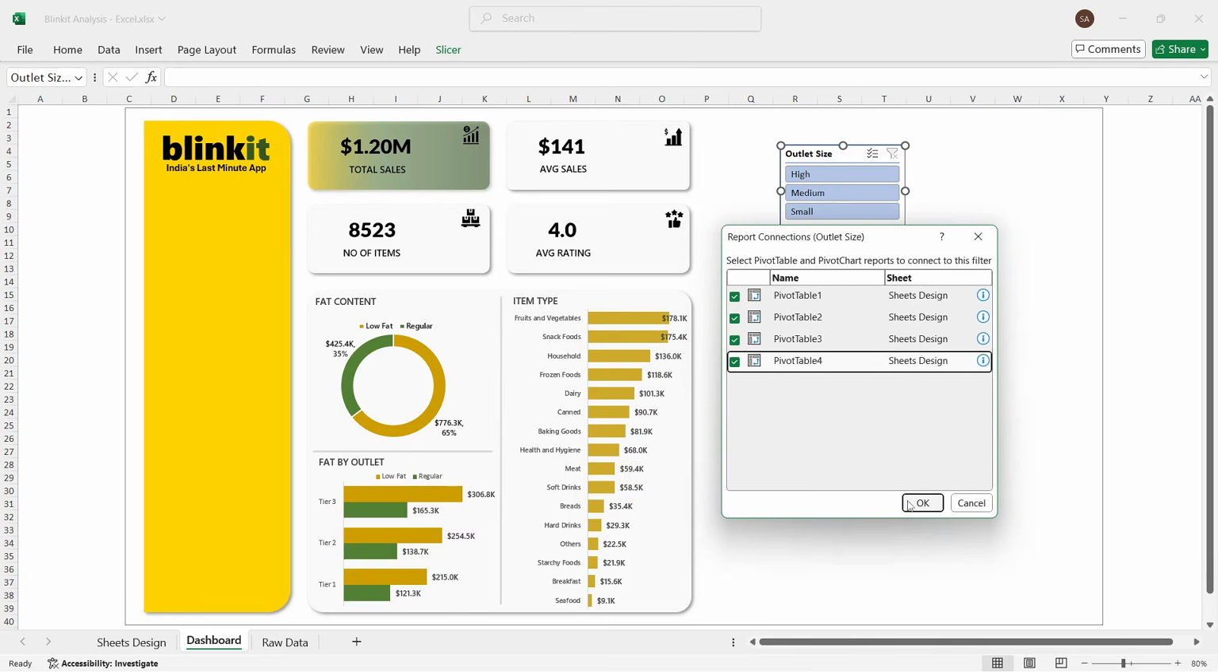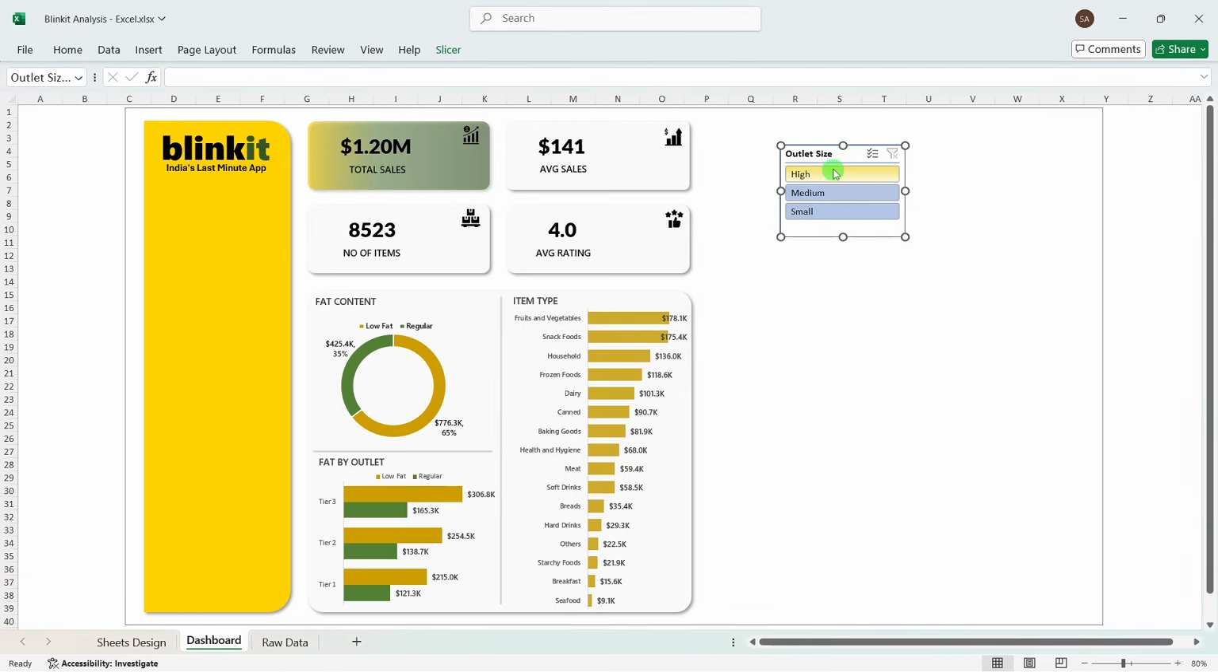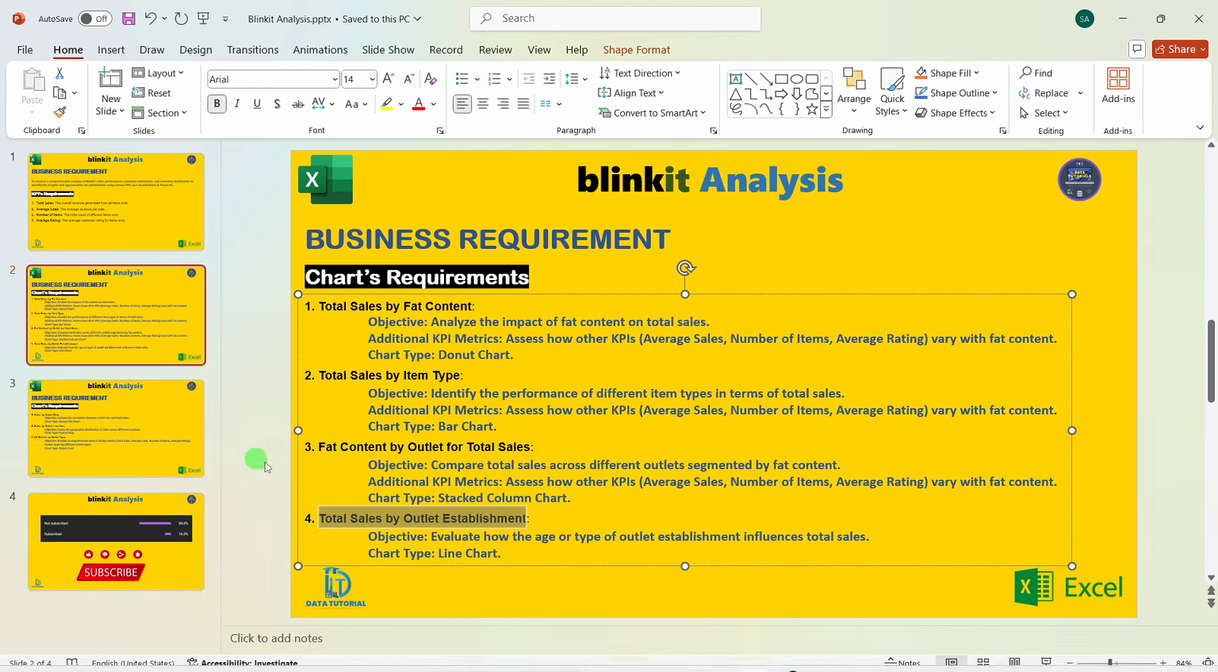That is nothing but whenever this slicer is operated, the change in the slicer will be reported to this as well, like high, medium and small. I hope you're understanding, guys. Okay, so this was for the charts, and we will move ahead with our remaining charts as well. All right, so now we will move ahead with our next problem statement,